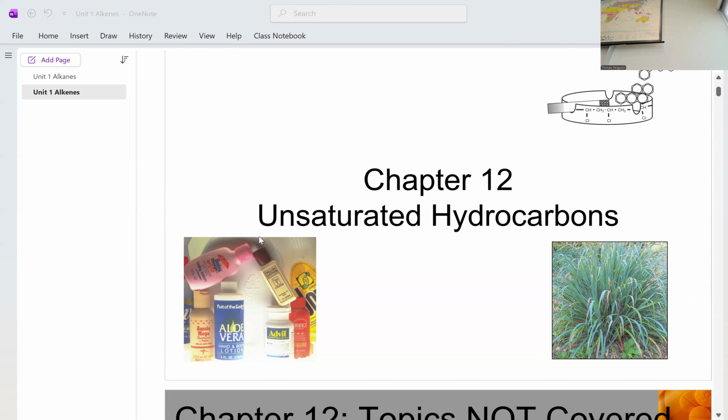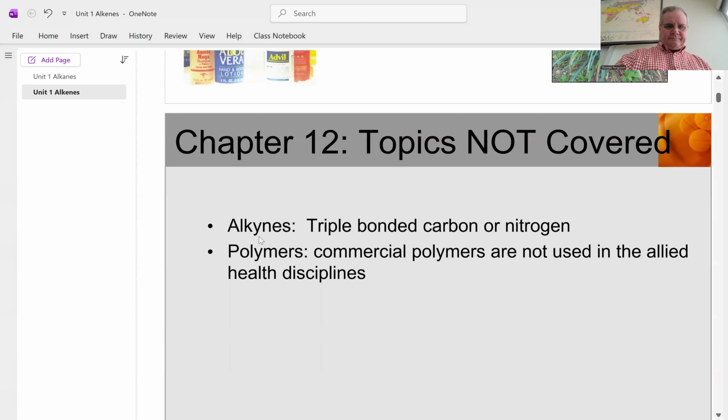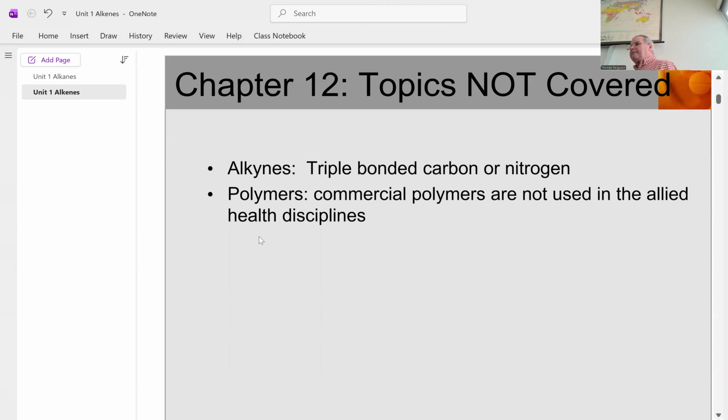Okay, if you remember from Monday, I talked about unsaturated and saturated. Saturated means alkanes. Remember the hydrocarbon family. Unsaturated means it's got double or triple bonds in it. So alkenes are unsaturated. Now, there's alkenes and alkynes. Alkynes are triple bond, and there are no triple bonds in your body